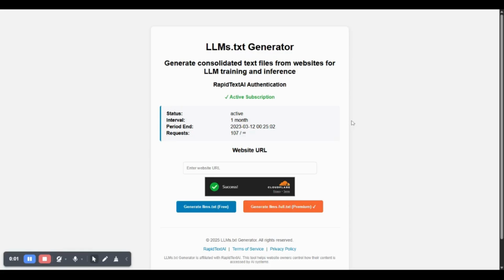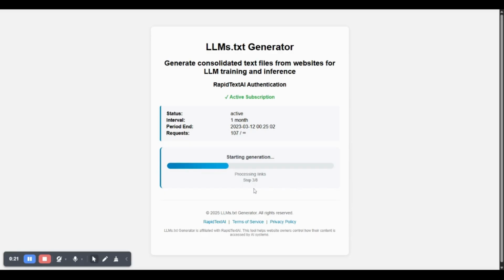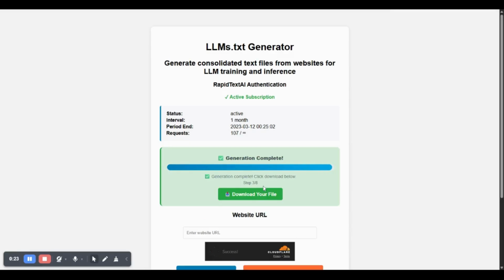Hi, I'm going to generate LLMS TXT files, the full version and the minimum version. So I will just enter my website link here, which is alisalim252.com, and click generate LLMS. It has found 6 links for me, and it is processing all the links, and finally I got the link here, and now I can save my